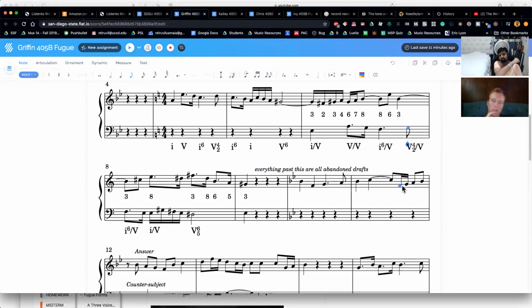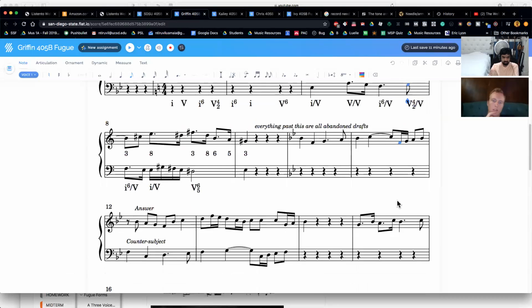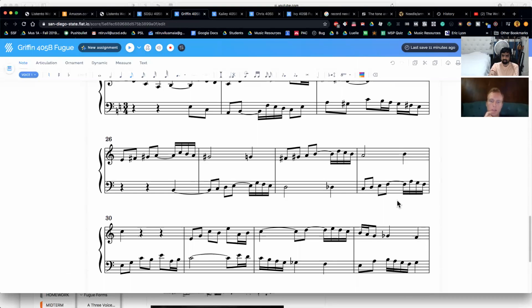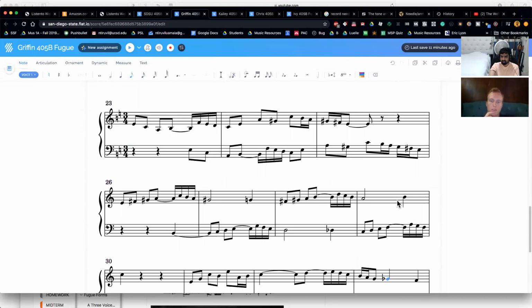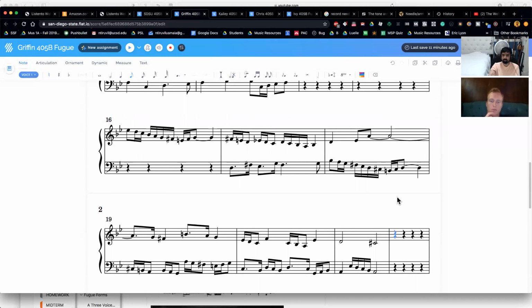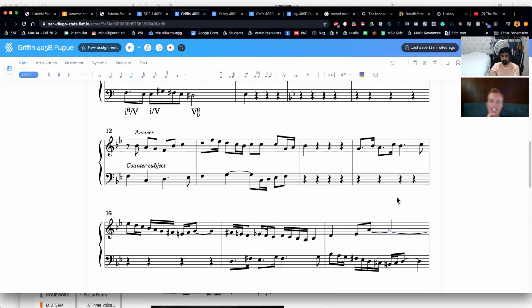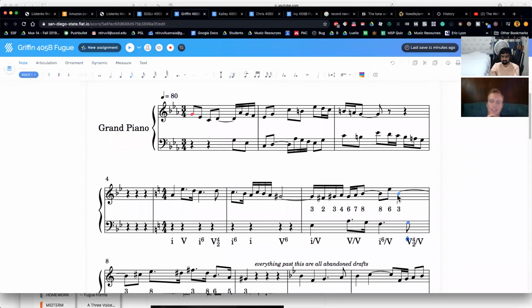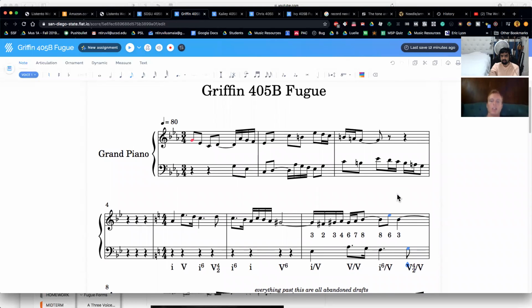But yeah, it's looking good, Griffin. I like it. I think you have a good Baroque sensibility. I think you've had it since the beginning of class, as I felt in your motet. Yeah. So it's cool. Do you like listening to Bach in general? Yeah. Well, the B flat minor fugue and the F minor fugue